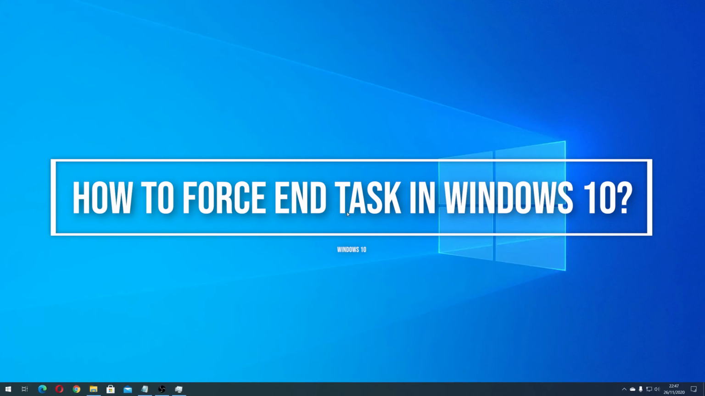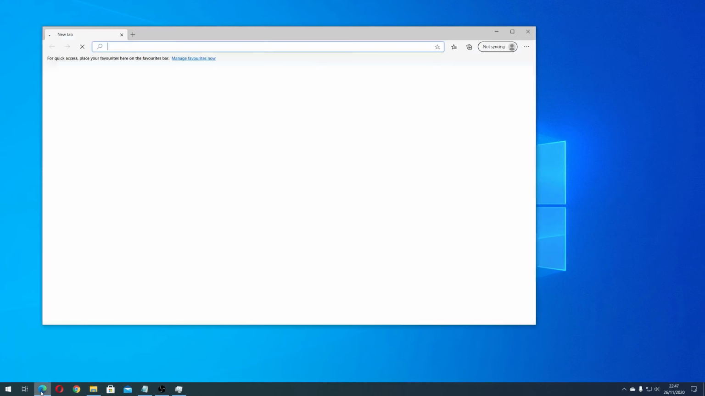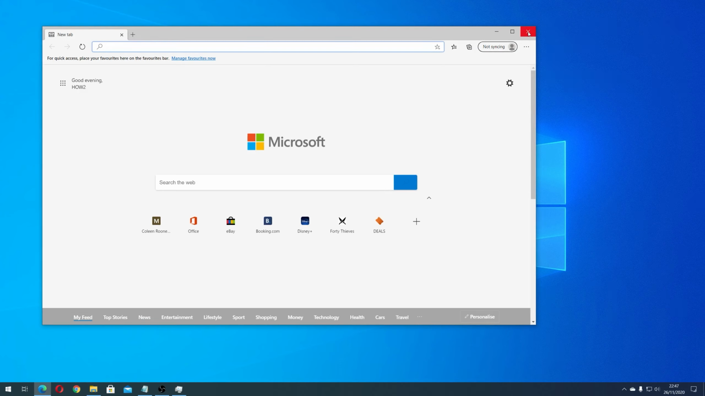Hi guys, I will show you how to force end task in Windows 10. So let's open any application, for example Microsoft Edge, and if you are not able to close the application in the standard way, or the application is not responding, probably